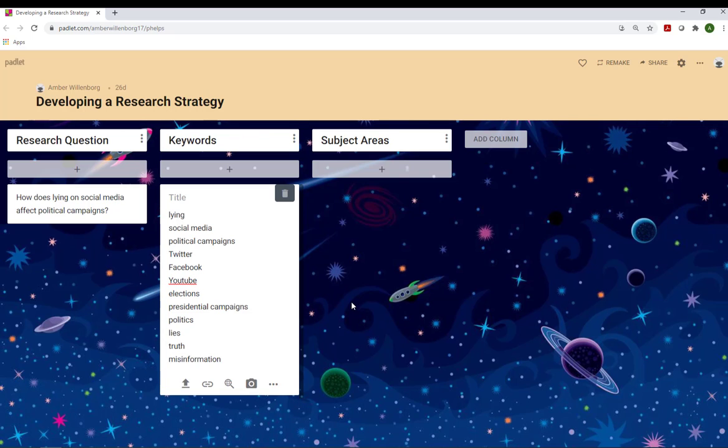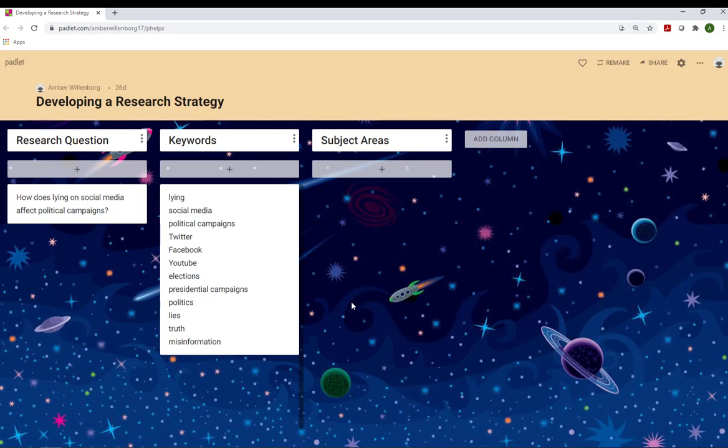Brainstorm as many broader and narrower keywords as you can. Having more keywords gives you more options for your search, so you don't get overwhelmed or stuck when you start searching. Now that we have a list of keywords to help us search in library databases, we need to think